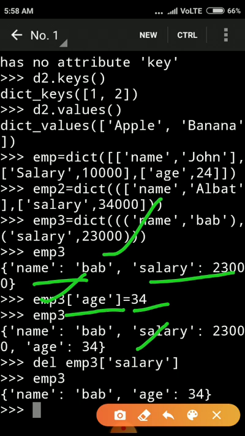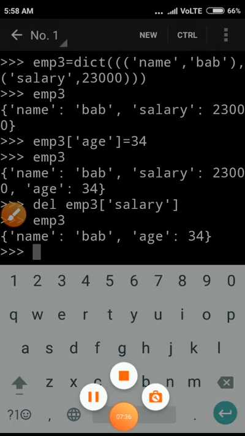If I want to delete some previous elements, we use the del keyword: del, then the dictionary name, then the key. Suppose I delete the salary. After running the command del emp salary, the element will be deleted from emp3, and the output will show the name and age only, not the salary.